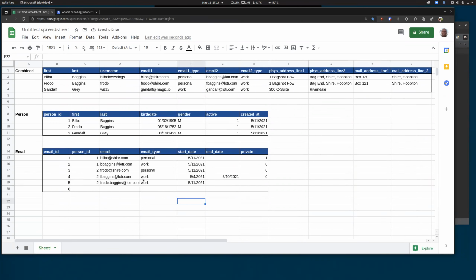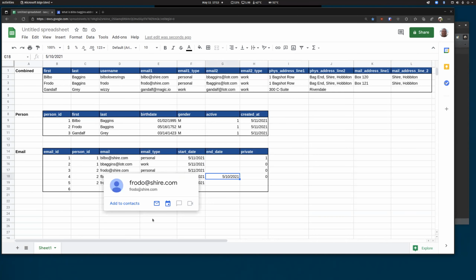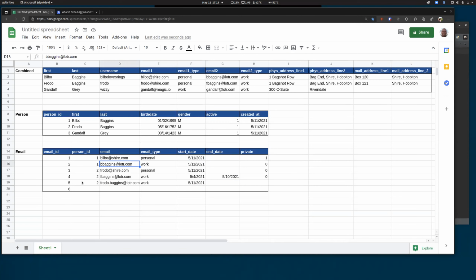There we go. All right. The other nice thing about this is we can add some additional data here. So we can see that, even though Frodo has 3 email addresses tied to him, based on the start date and end date, we can determine which ones are